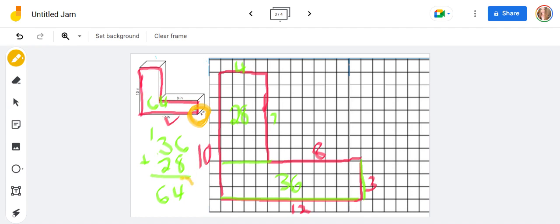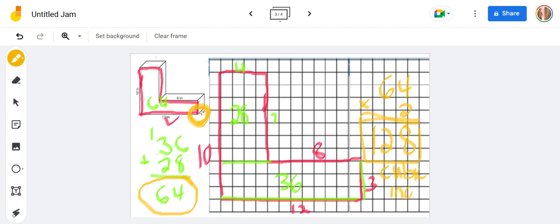I now need to take 64 and times it by my height of 2 because I haven't used that dimension. So I'm going to do 64 times 2 to find the final volume. 4 times 2 I know is 8. 2 times 6 I know is 12. So the volume is 128 cubic